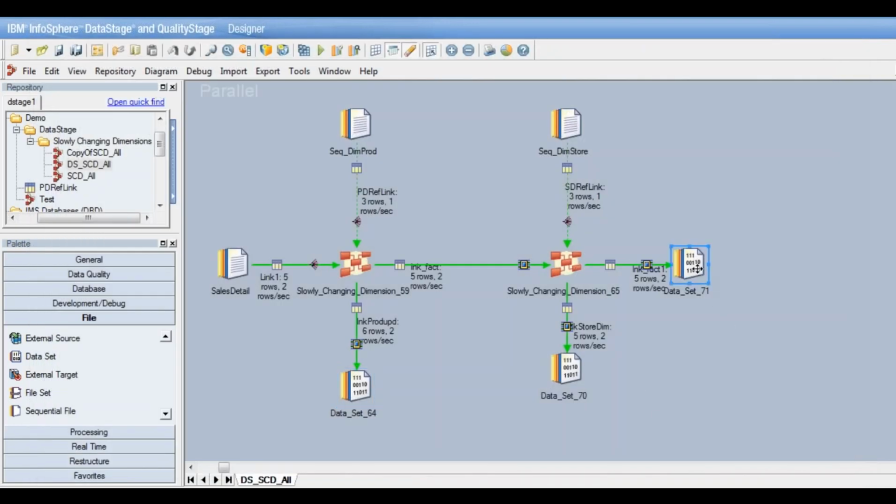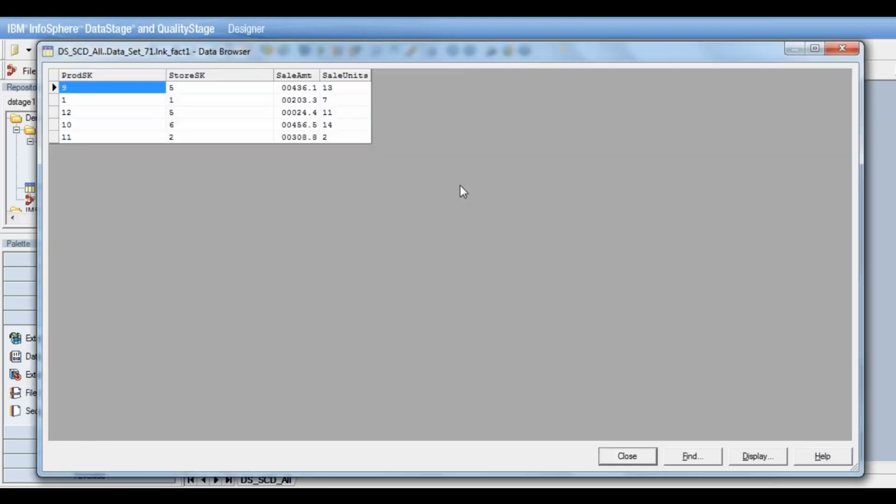And this is a fact data. So if you look at the fact data, it will have all the records from the source data. It will just have the DIM product surrogate key and the DIM store surrogate key propagated to it. So it has all those surrogate keys. So basically we have maintained consistent surrogate keys and we have all the measure values corresponding to those records.